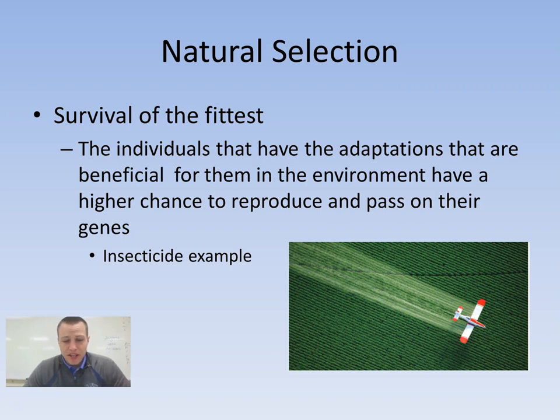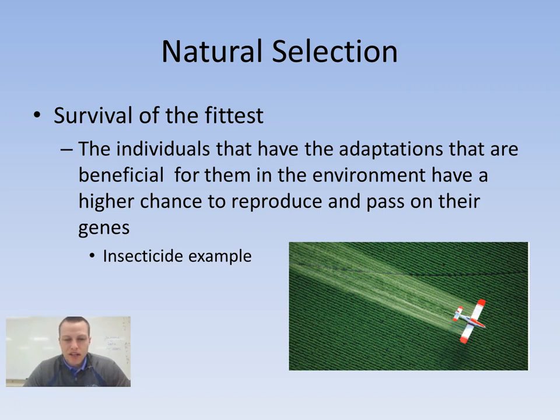Is it going to get all of the insects? Probably not. Maybe some insects come in contact with this insecticide and survive. Maybe they have a gene that codes for immunity to this insecticide. All of these other organisms are going to pass away, and those that have this gene will survive. And what do you think will happen during this time? Probably a shift toward more insects that are resistant to insecticide, because those are the ones that are passing